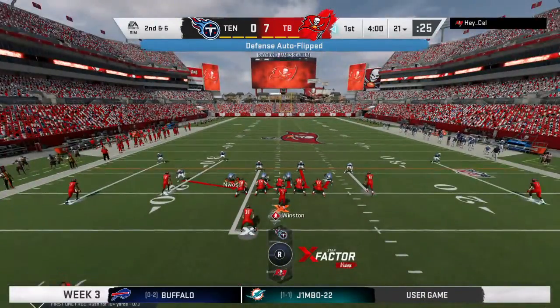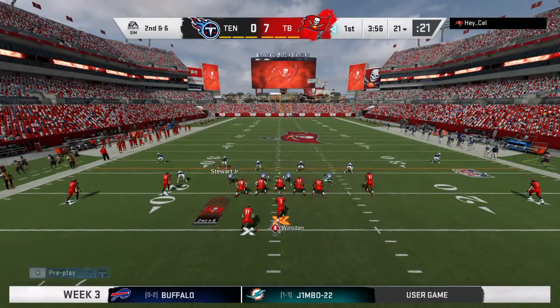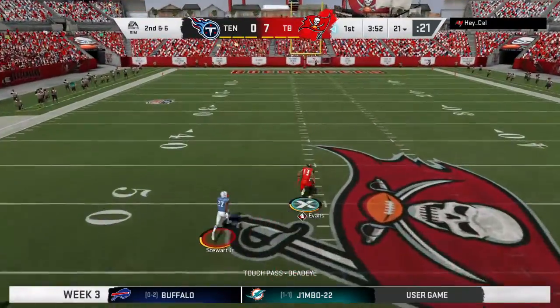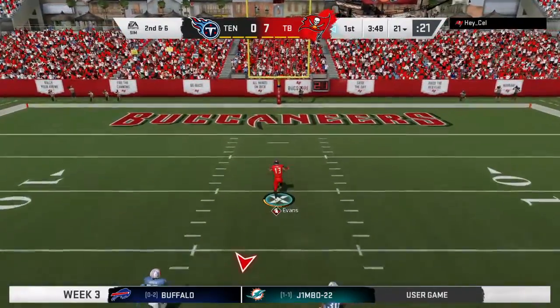Ready, flag, what is that? Check, 55, Mike. Hey, let's get this. To throw on 2nd and 6. Winston, he finds his target. It's Evans. He's at the 30. 10, 5,